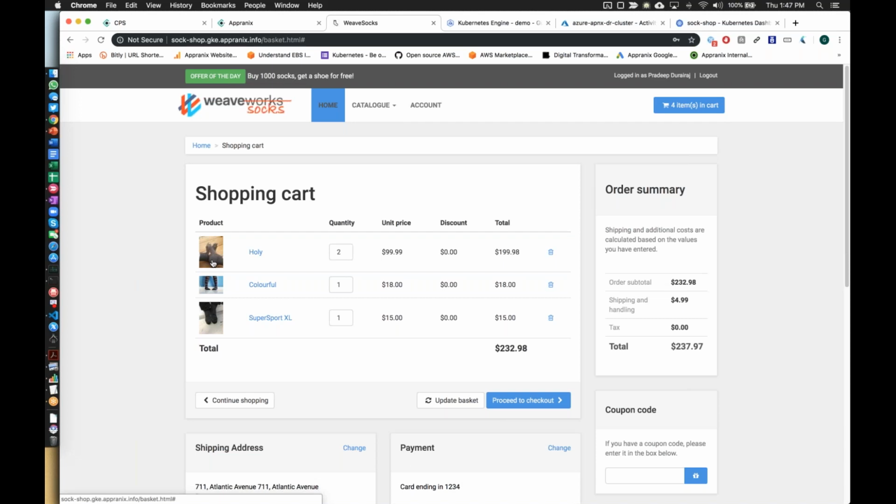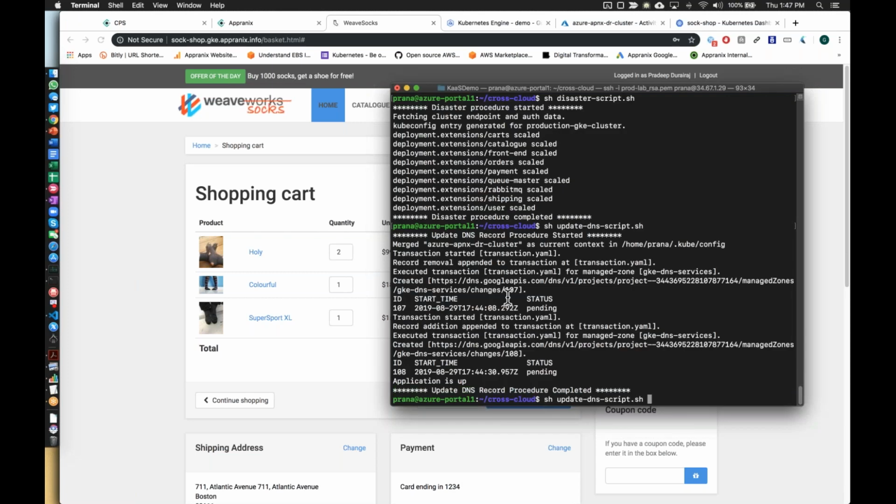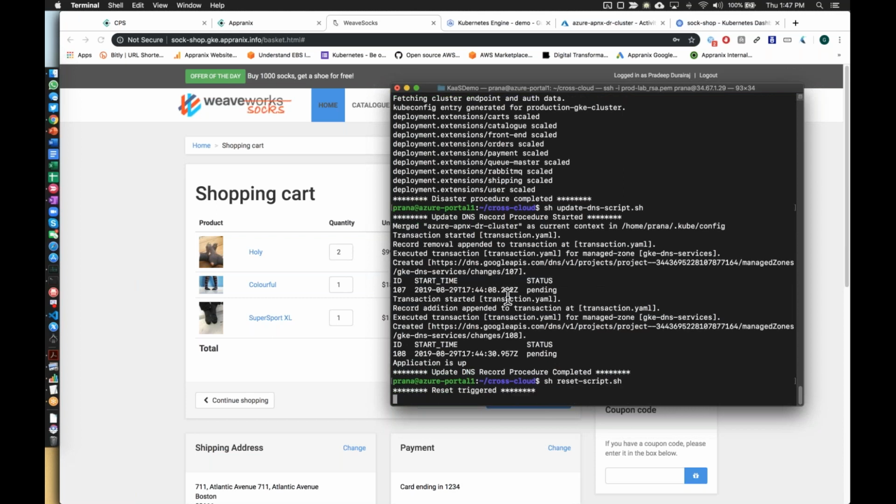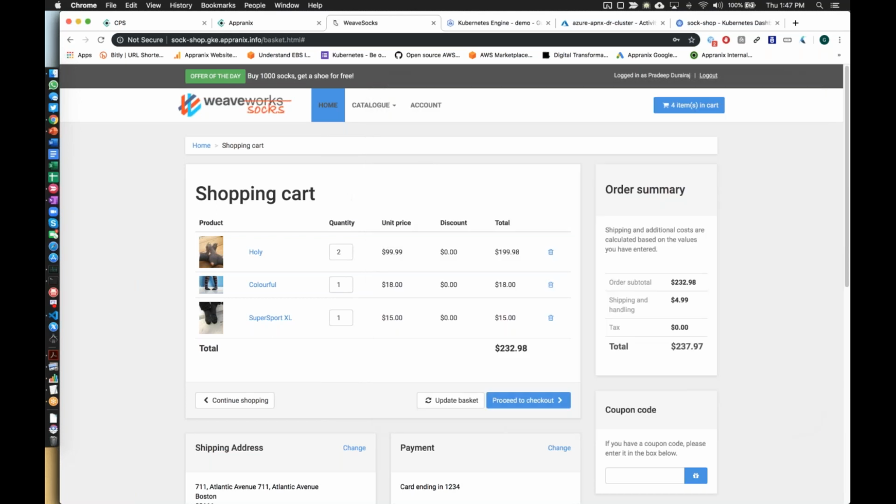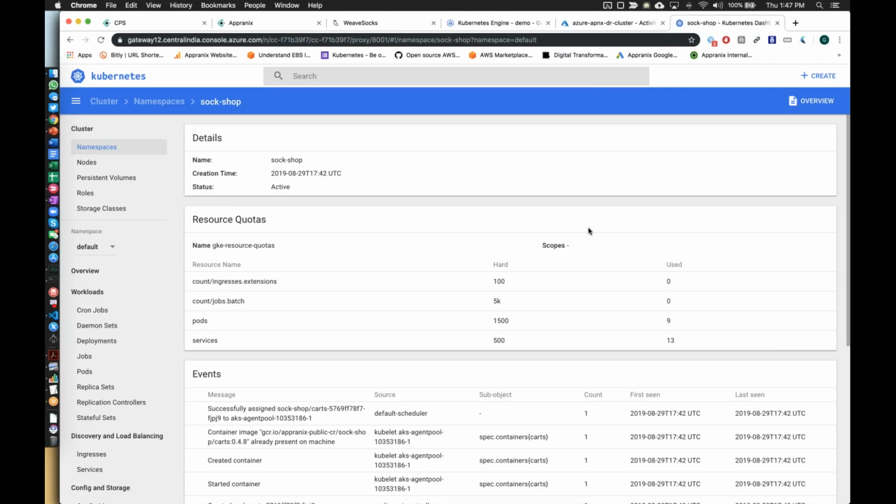So everything is automated completely and on top of your beloved cloud provider, right, using their own cloud native capabilities. So this is all good. So what I'm going to do is to actually reset that environment so that my application is back to where it was. So what we are going to do is to reset so that I can bring that application back to GKE. So what will happen is that it will kill this particular namespace on AKS so that everything is cleaned up,